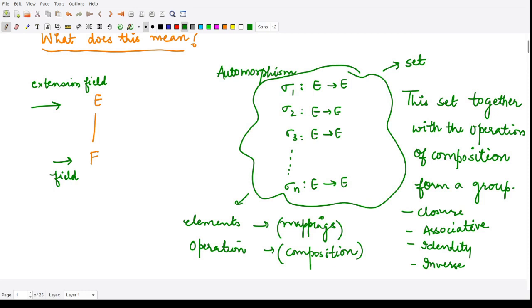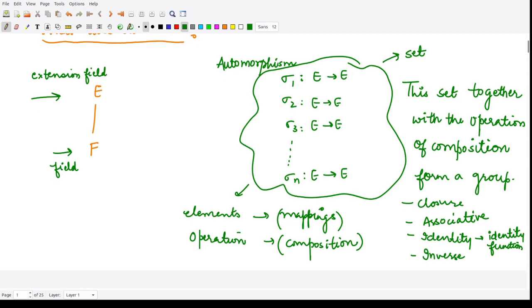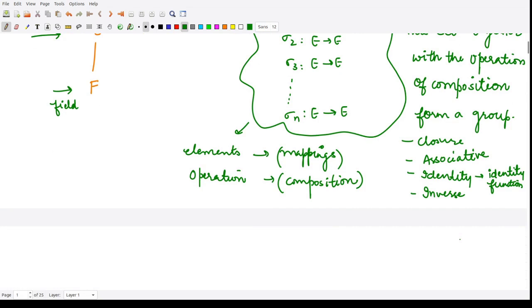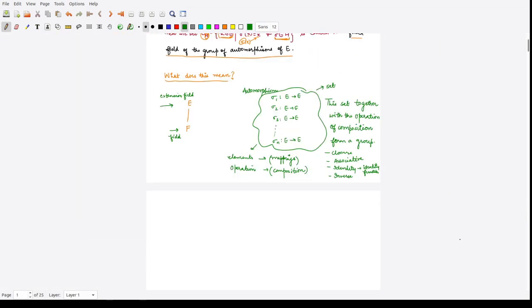So identity for this group would be the identity function, which does not change anything, right? And the inverse would be the inverse of that particular function. So this forms an automorphism group, and what we are doing,